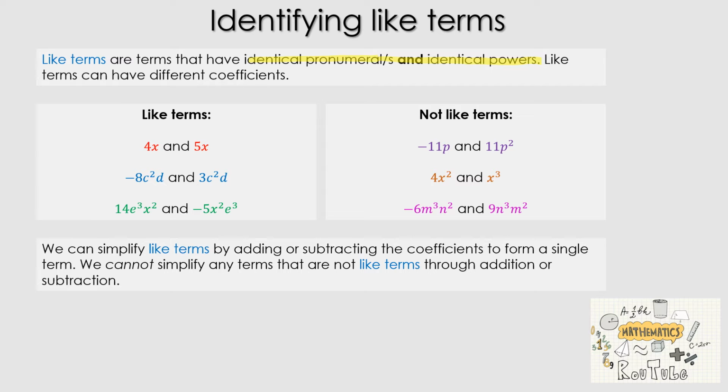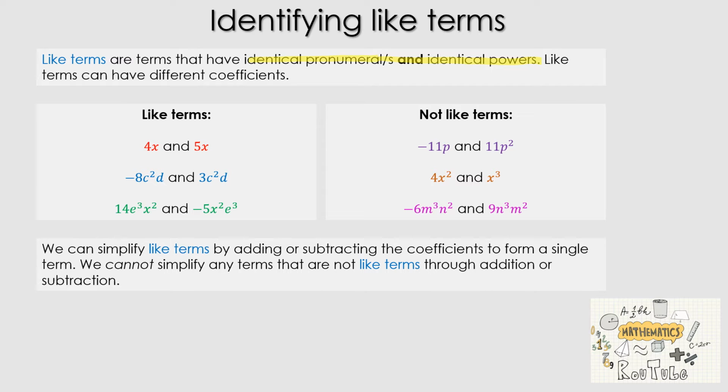The orange one, we've got 4x squared and x cubed. With both terms, we have the variable x clearly, but the powers are not the same. In the first term the power is 2, and in the second term the power is 3, so therefore they are not like terms, which means they cannot be added or subtracted together. And the final one, the pink one, is negative 6m cubed n squared and 9n cubed